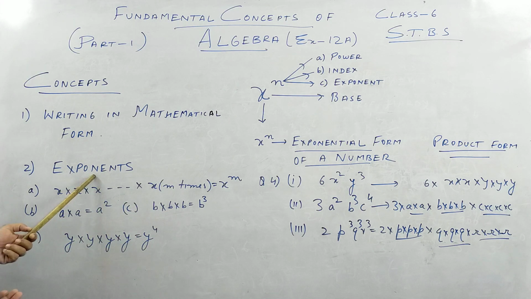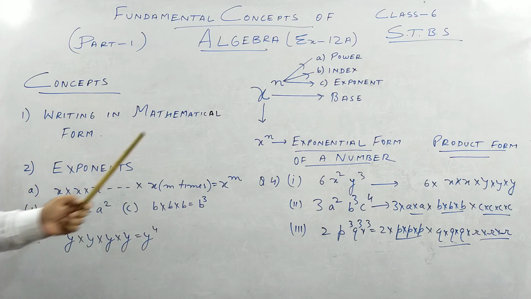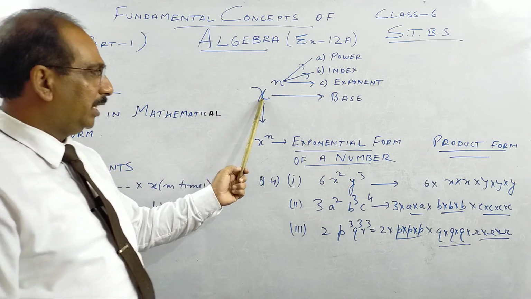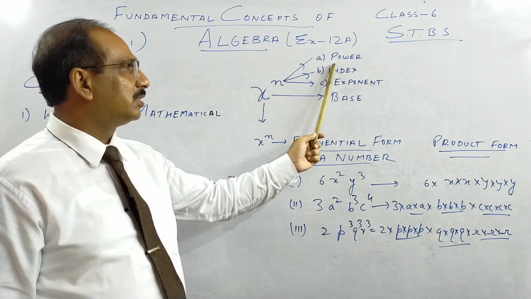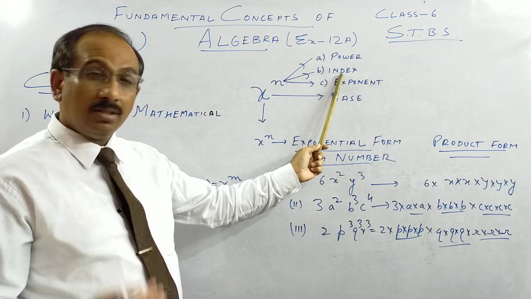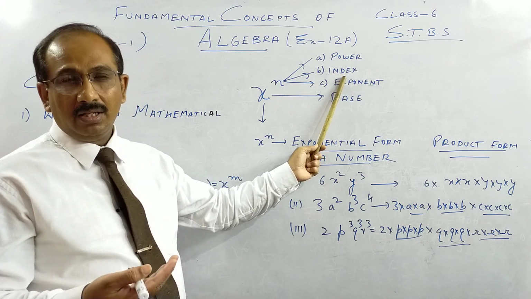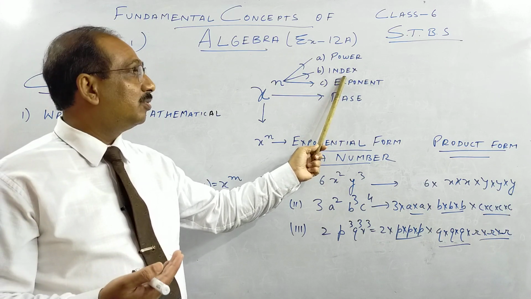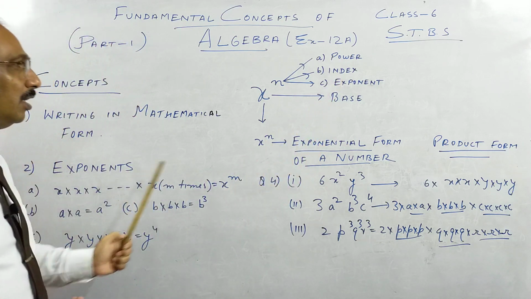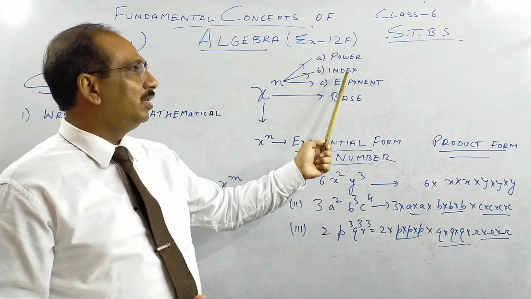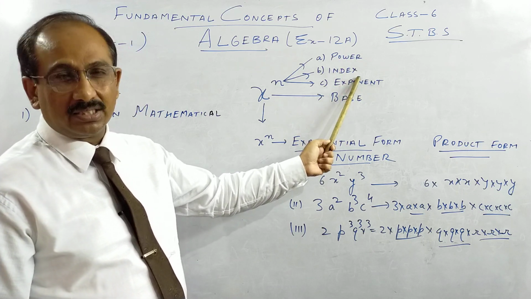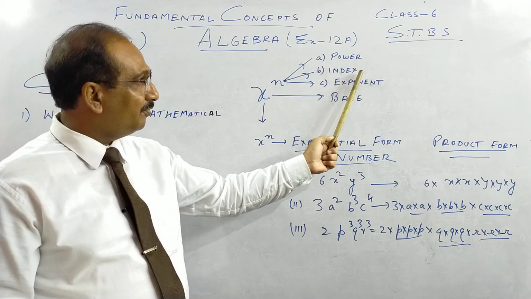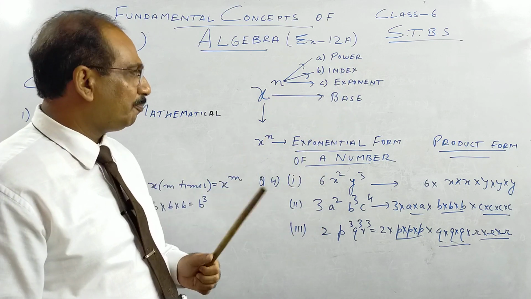Okay, so exponents means, see, there are two things over here. You will see one base and power. Power is called by three names: power, index, whose plural is indices. Many books call this chapter exponents. Exponents means the same thing as power or index. So it's called exponents or indices. Indices is the plural of index. So this is a power.